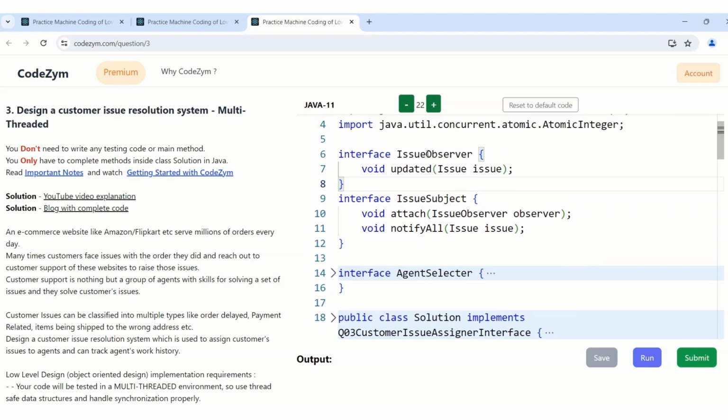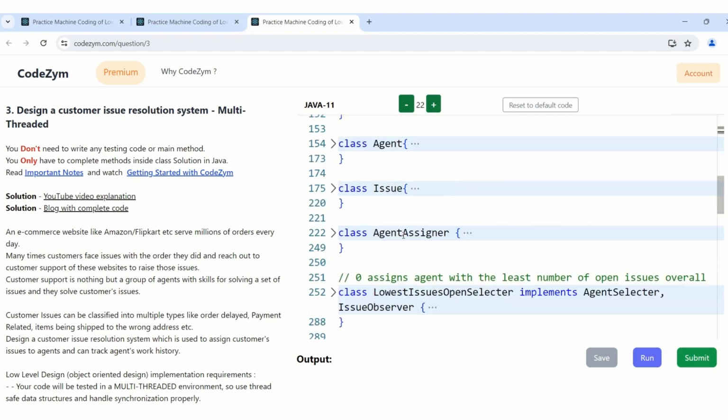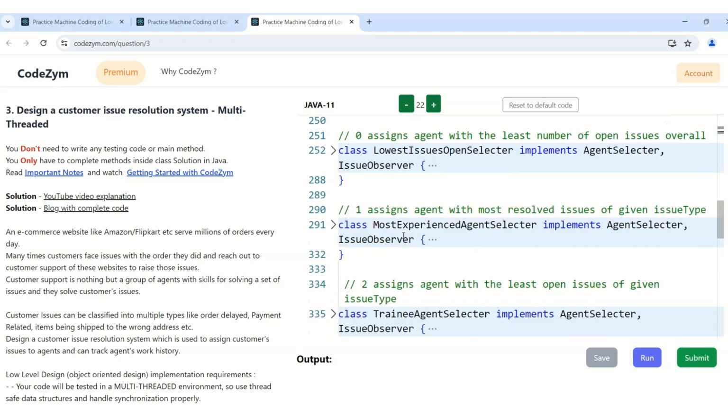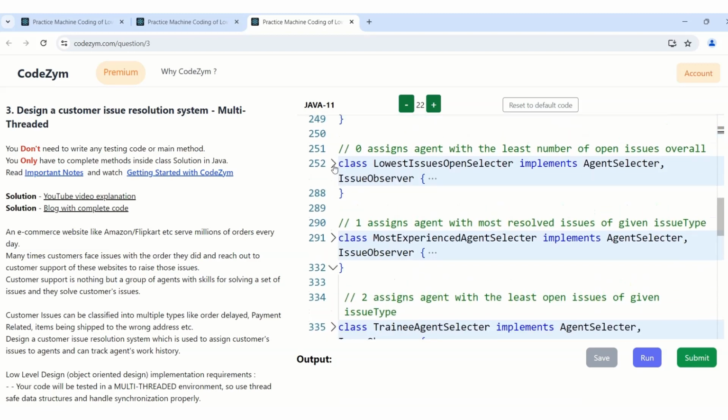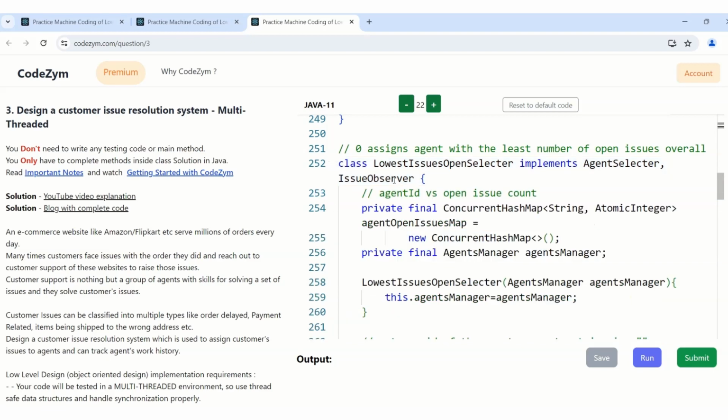The name of the interface is issue observer. It has an update method. Then we have the issue subject, which has the attach and notify all methods. So these three classes will be our observers in this case, because they have their custom data, or list of all agents, and then they use that data to assign agents to different issues. For example, this lowest issue open selector, it has all the agents in a map,